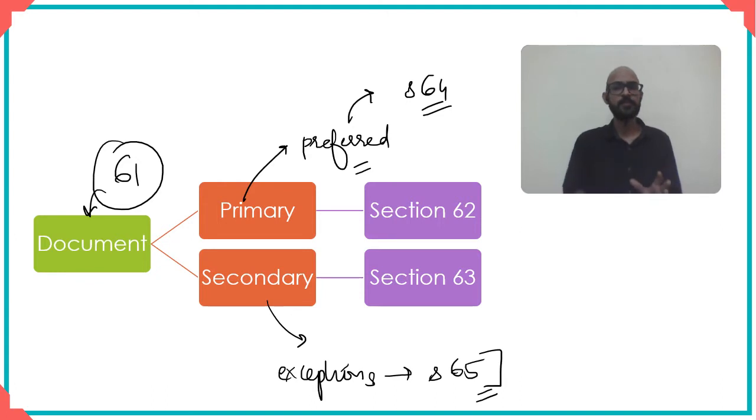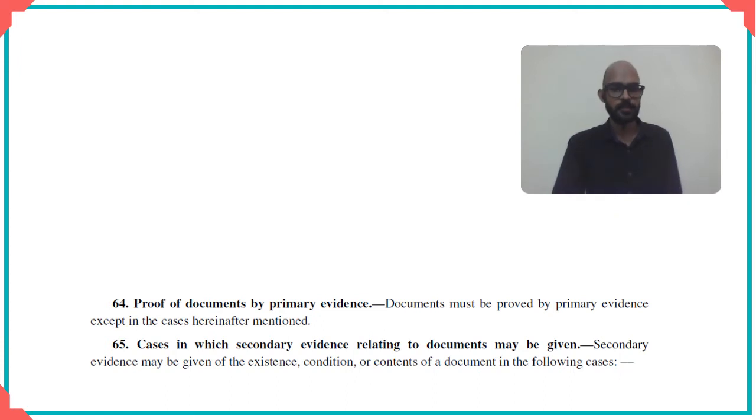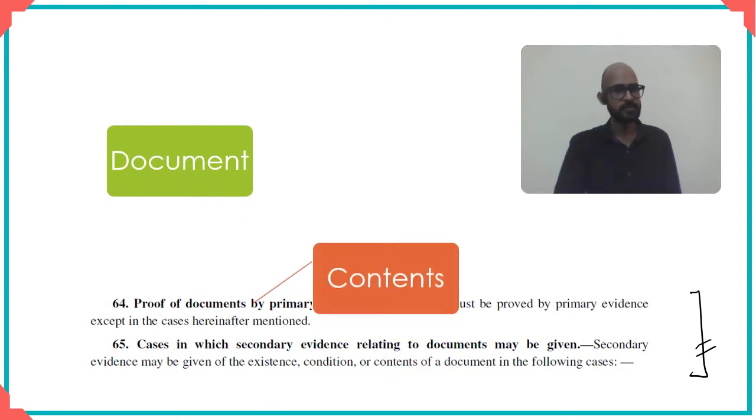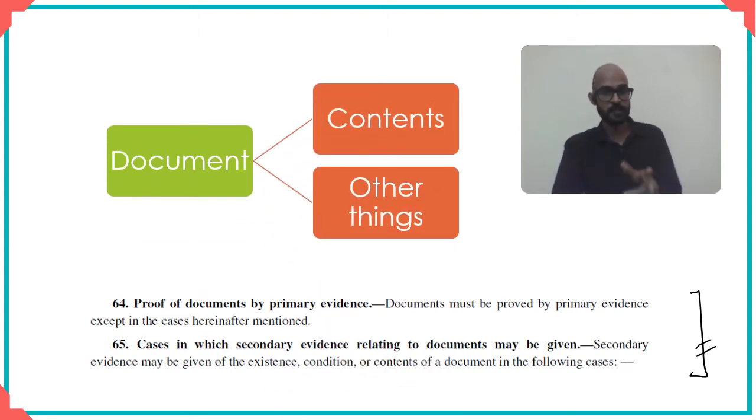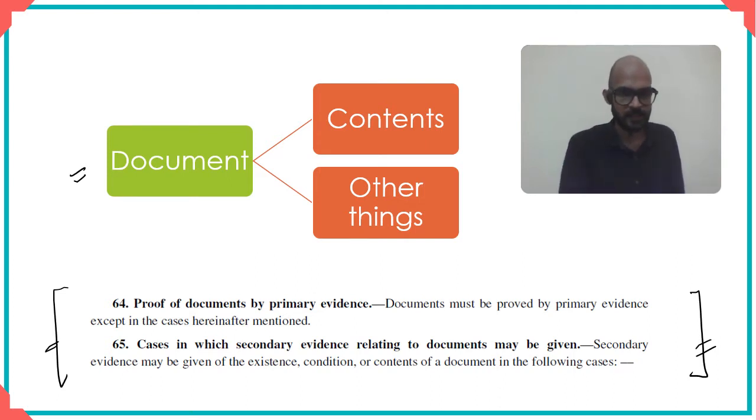So in today's lesson, we will have a look at section 65 and identify those exceptional situations in which you can offer secondary evidence. Now, have a look here at sections 64 and 65 and also see if this little information that we saw in the beginning of the lesson fits in, whether it helps you in some way. Just look at these two and see whether this helps you in some way. Take a moment. I'd suggest that you pause the video to get an idea of what I'm trying to say. Whether this detail here helps you in looking at some of the details in section 64 and 65.